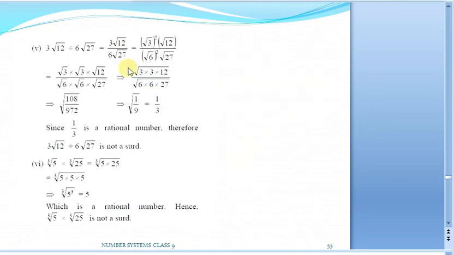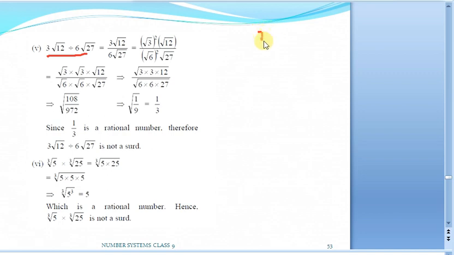So we shall see one more example. See, this is 3 root 12 divided by 6 root 27. Is it a surd? That is my question. That is what we have to simplify. First of all, just simplify it to the simplest form. Whatever we can do, just take it to the simplest form. So now how can we actually proceed? Don't look at the solution, try to proceed in whatever way you want.